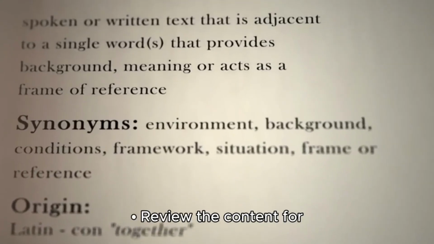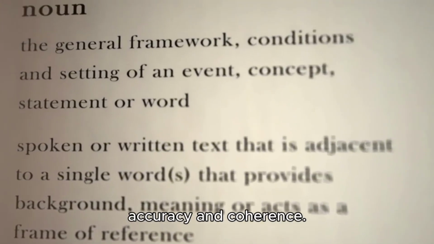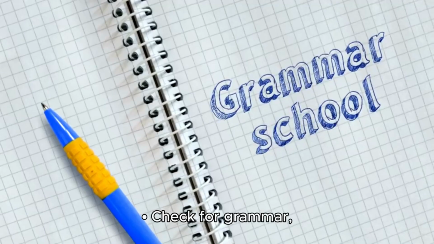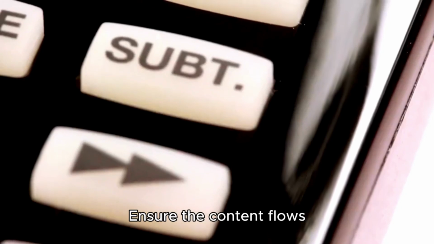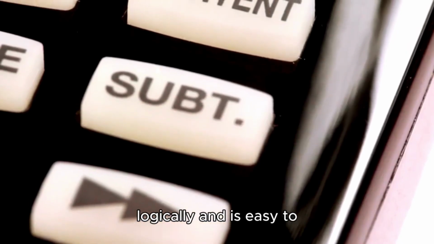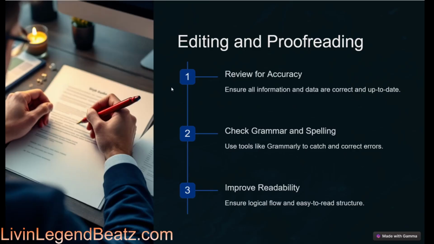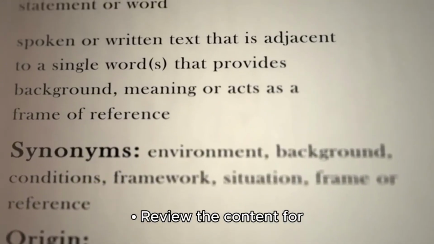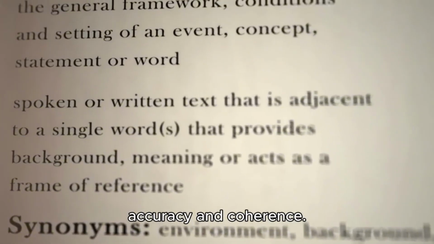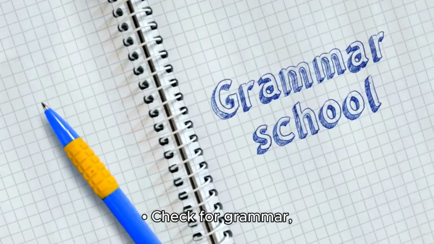So next we're going to go on to the editing and proofreading stage. Yes, this is probably one of the most boring parts of the creation checklist, but it is a must and is just as important as step one. So in order for you to maintain the accuracy and the consistency of the presentation video, you must review it for errors, mistakes, inconsistency. Make sure all of the information is up to date, that you're giving out valid and informative information, and improve the readability.